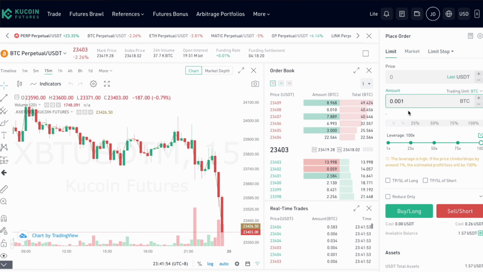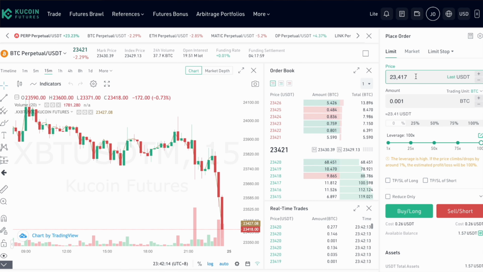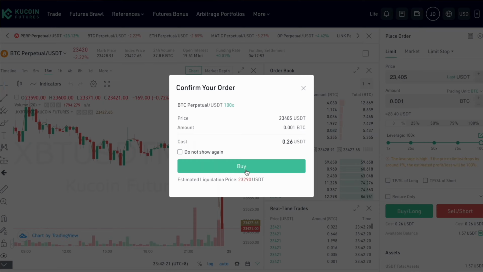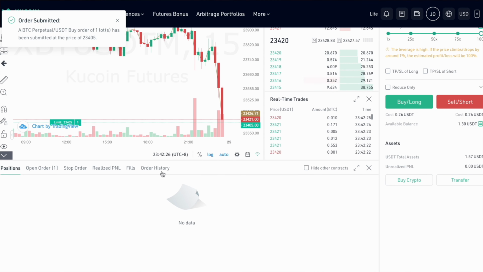In US dollar, this 0.001 Bitcoin buy is actually more than we have in the wallet. But as we can use up to 100 times leverage, we can perform trades much larger than our margin. Now, we have to specify a price we are willing to buy the 0.001 Bitcoin for. For this example, we just set it just below the current market price, so hopefully it will be executed soon. The last step is now to click on Buy Long, confirm, enter our trading password and wait for our trade